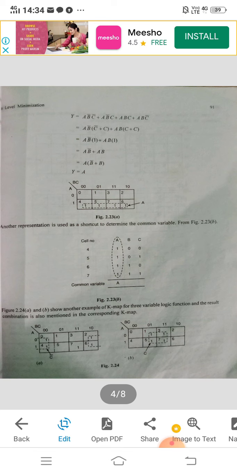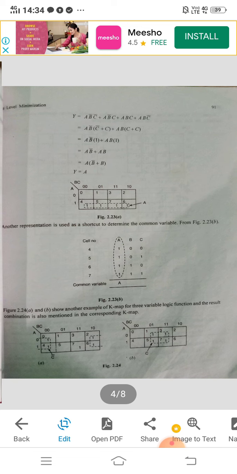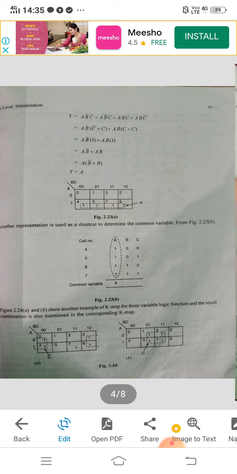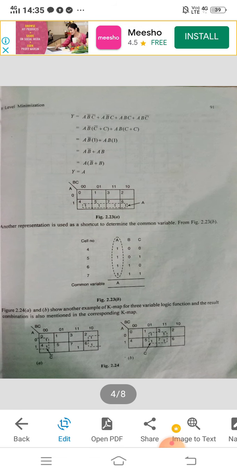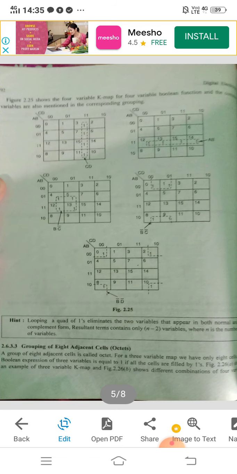Always remember, if grouping of 4 or 8 is possible, then don't make grouping of 2. You always have to make the largest grouping. After largest grouping, the answer will be small, so you have to simplify it, not extend it. So just simplify every time. Next examples you can also see: vertical grouping, next horizontal grouping, next corners. In the last example there are 4 corners. You can also group them.